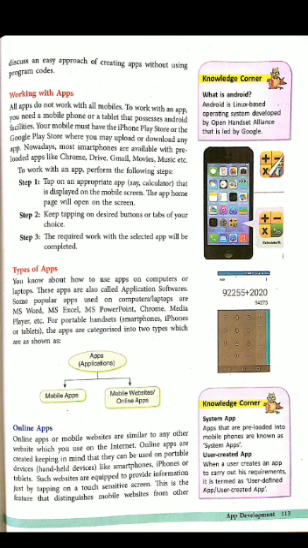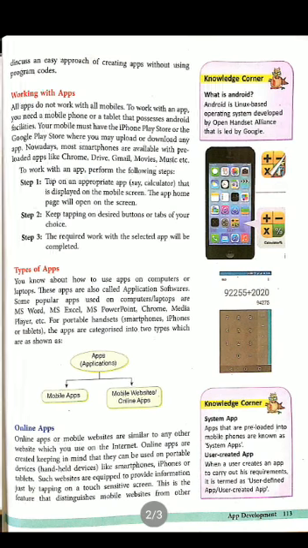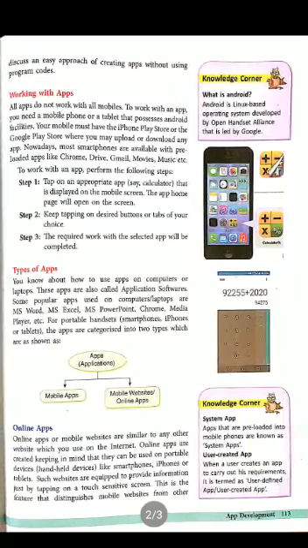Always be very careful about which app you download, whether it will support your smartphone, the operating system, and the hardware. Whenever you are downloading, please see the specification, the hardware and software requirements of that particular app which will be installed and used in your smartphone for a particular job or some kind of work. Okay, now these apps are classified